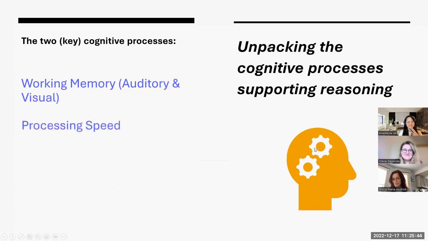So then you have your 3 areas of reasoning, and I like to refer to them as sort of the house, and then there are 2 pillars that hold that house up. The house is the learning process, and the pillars are what support that house. Working memory, both auditory and visual memory, and processing speed are cognitive processes that support the learning process. These are very key. Usually, impairment in memory or impairment in processing speed is going to affect the learning process.